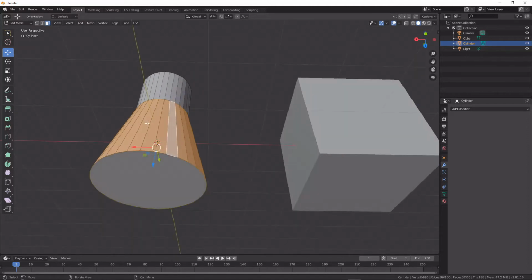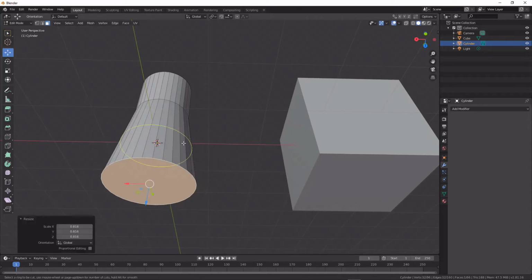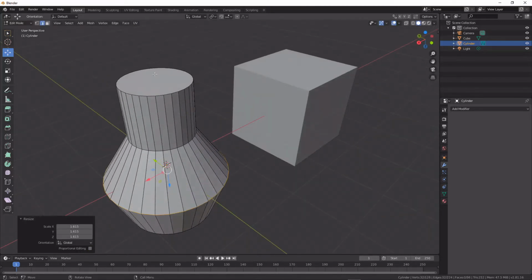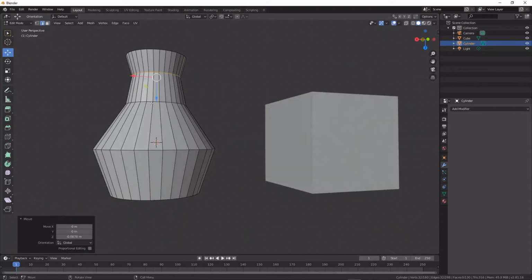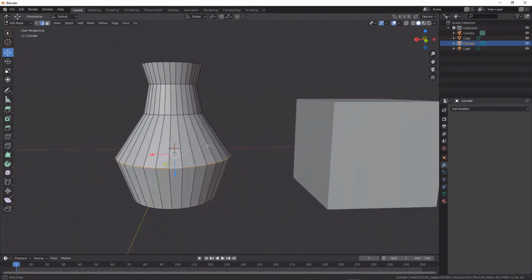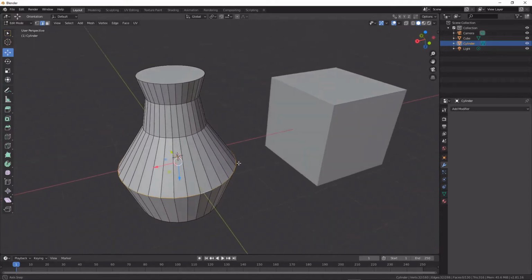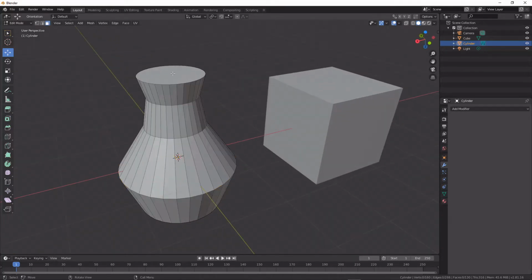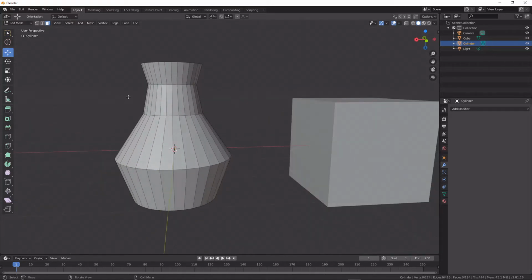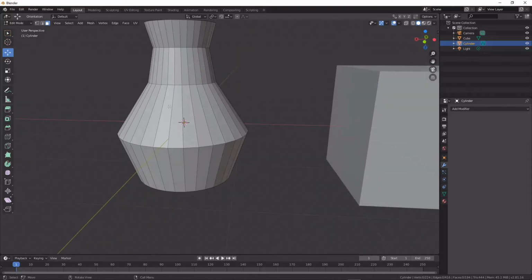So I'm just going to start adding some geometry to this cylinder here, and we're going to be making a pot because pots are simple and I like pots. So what we're going to do to model effectively with the bevel modifier is we're just going to make the rough outline of what we need with an extrusion workflow,